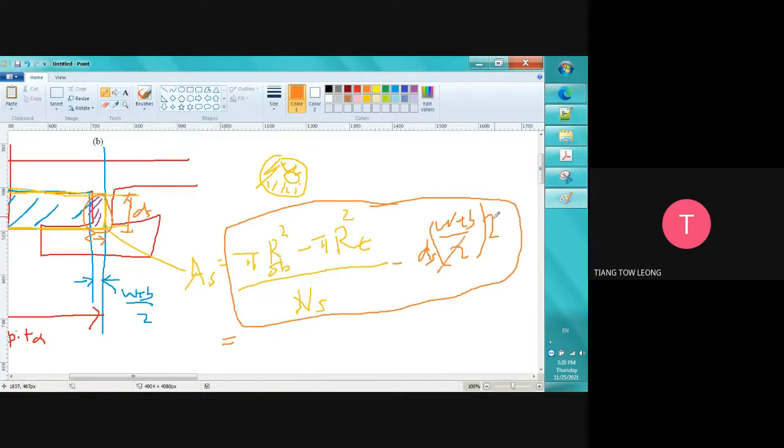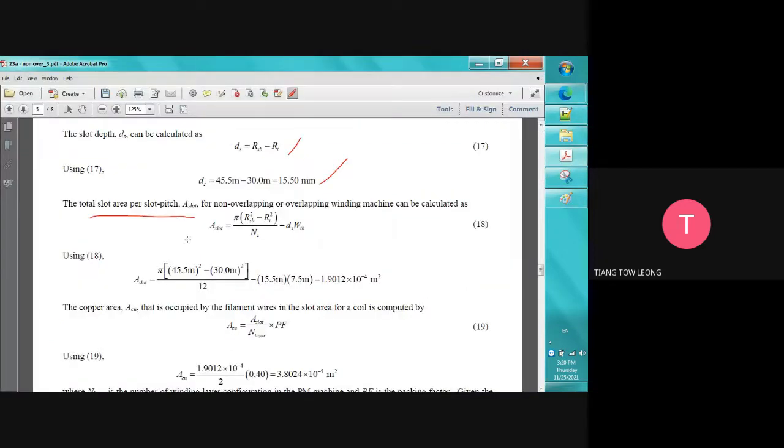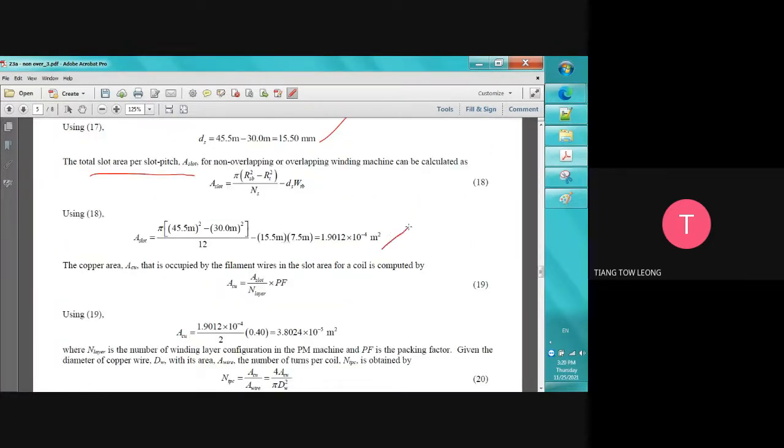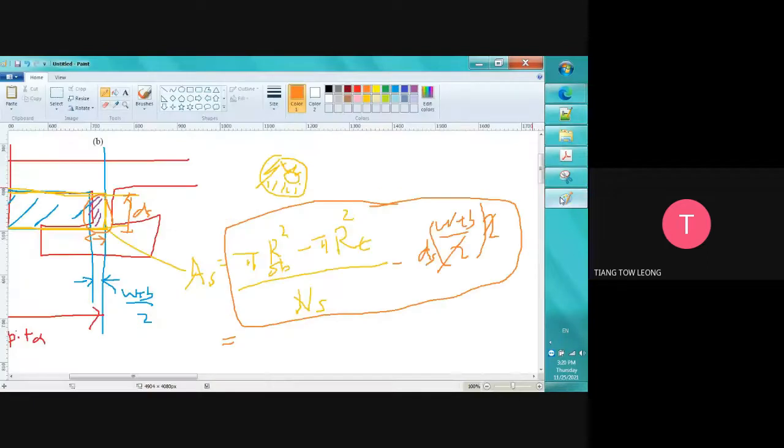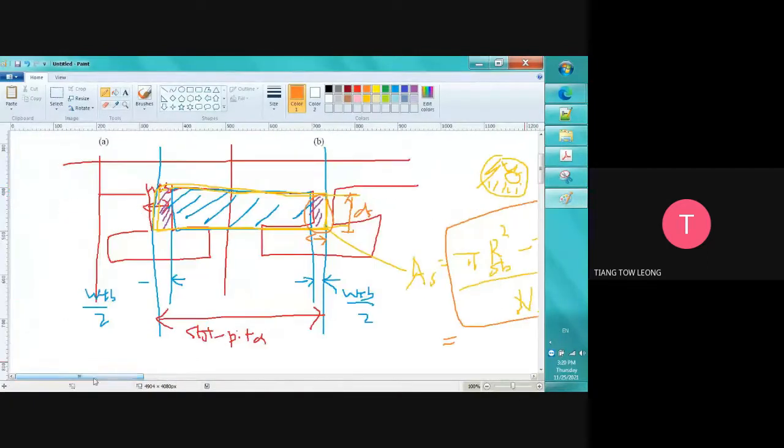When we cancel this one, we will have A slot equals to pi times R_SB squared minus R_T squared, divided by N_S, and then minus D_S times W_TB. So we input everything, then we get the value. And then we know that we want to insert the copper. So even though we already calculated